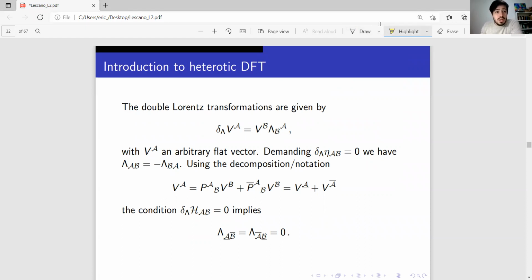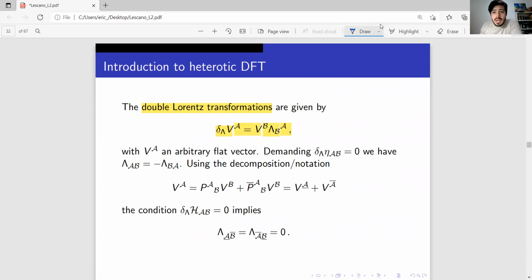So this double Lorentz transformation acts in this way. My diffeomorphism parameter is this one, and my Lorentz parameter is this one. This is different from the Gianluca convention, so pay attention to the conventions. This is a Lorentz transformation. Of course, this parameter is antisymmetric